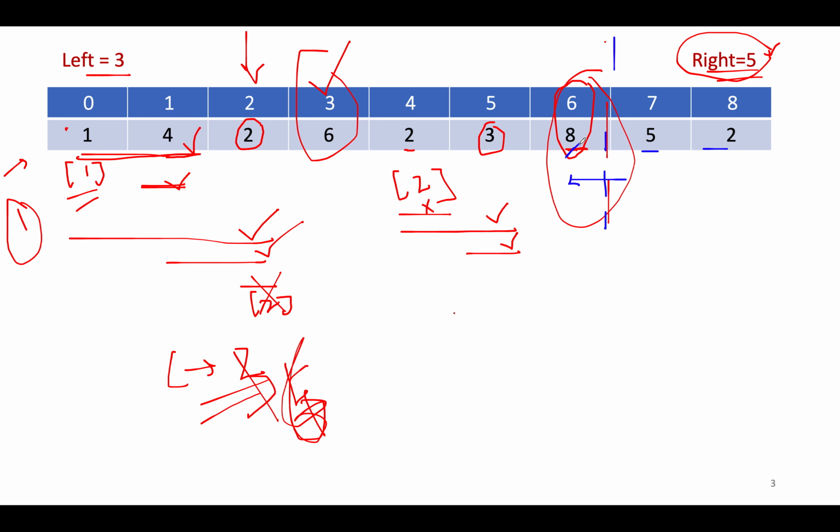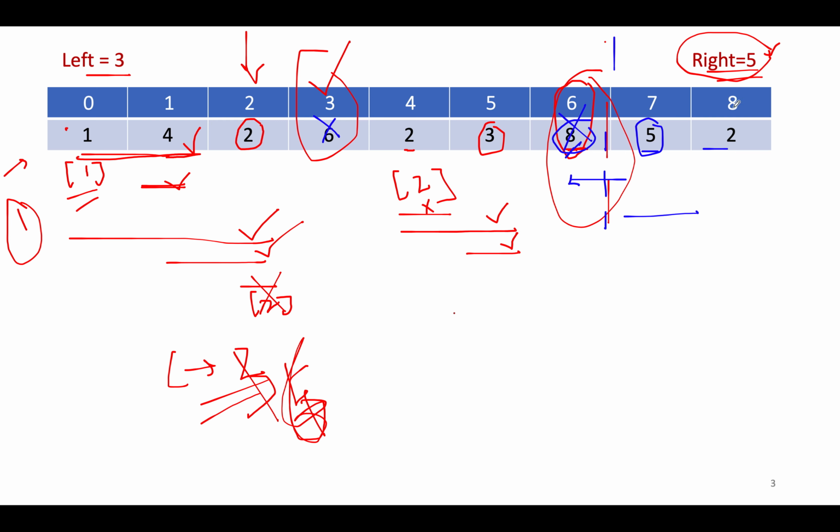Because here there was one value which is greater than the right one, and it blocks the process. Similarly, we identified two blocking points, 6 and 8, which were greater than 5. So let's continue the process, and next we have 5. So starting 5, how many sub-arrays can you generate? Only one.